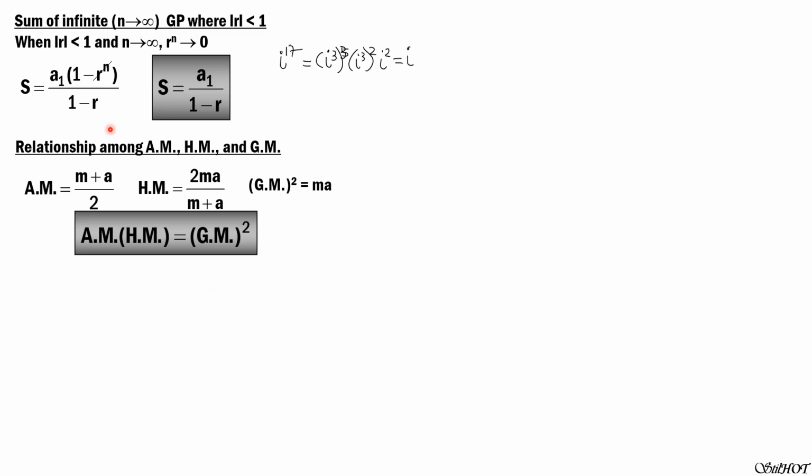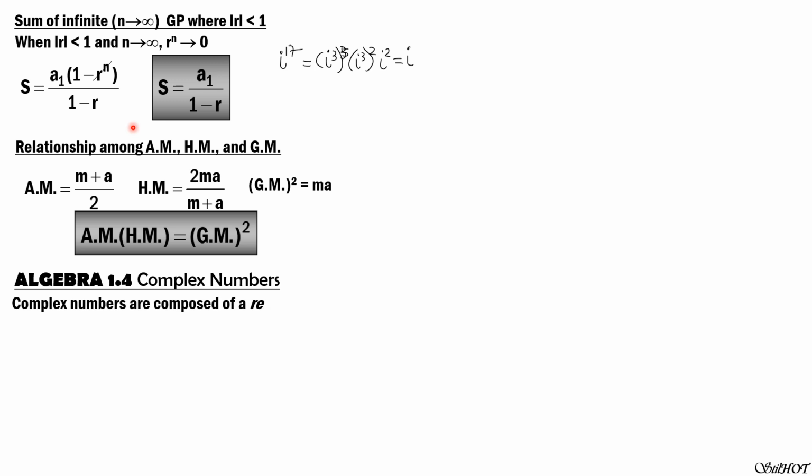We then proceed to the concept on complex numbers. So these complex numbers are composed of a real number denoted by a and an imaginary part denoted by bi. So a complex number, if we denote that algebraically by capital Z, then it is equal to a plus bi, and we call that the rectangular form, where i is the square root of -1.